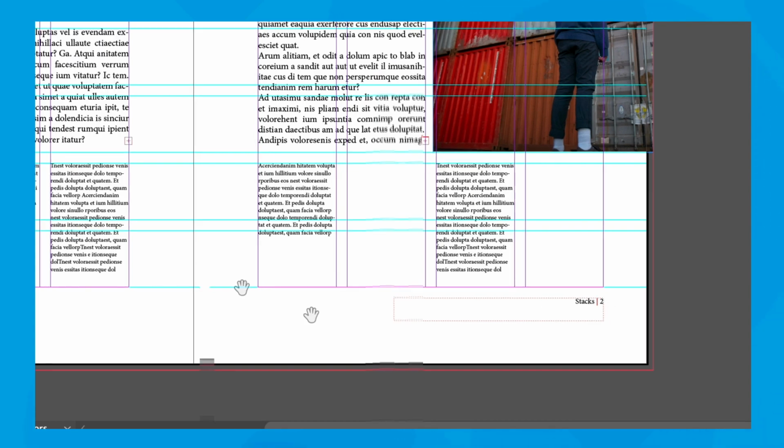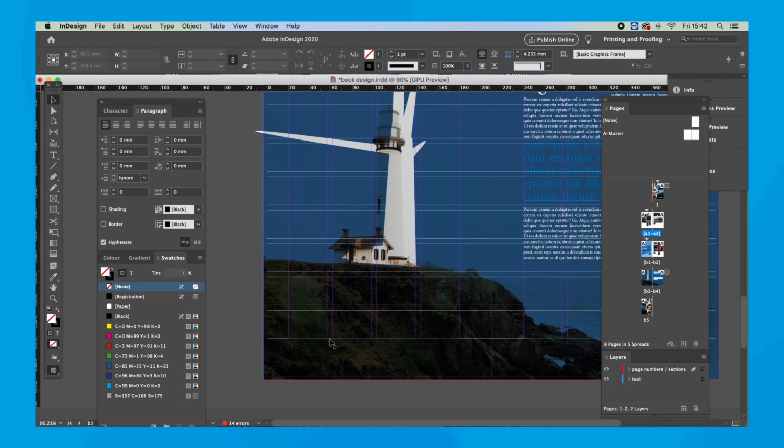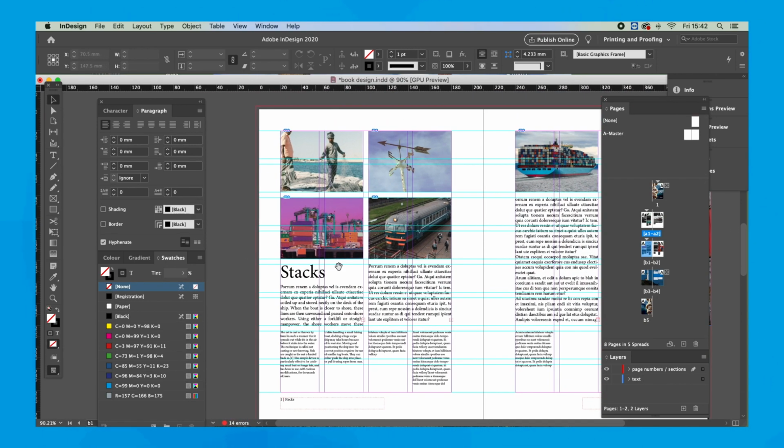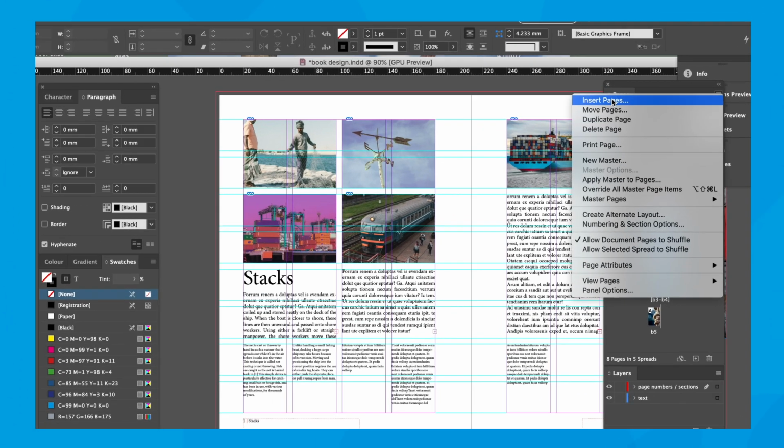and then stacks page 2, and you'll see on this page we've got a dark background. I'm going to come to that in a minute, how we're going to fix that. But what you can do now, you've got this set up. So say I wanted another 4 pages within my stack section. So this is my stack section B. I can insert some pages and it'll update all the page numbers.